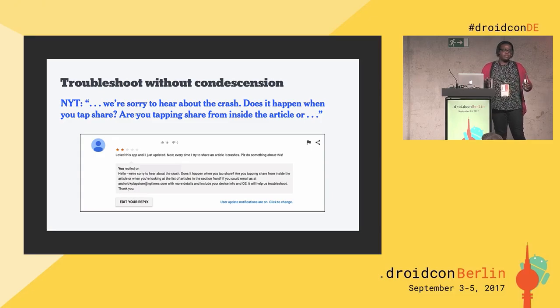If you ask a reader, say, or a user, I should say, in an email, send me a screenshot of what you're seeing, don't explain how to take a screenshot. However, you may get someone saying, I don't know how to take a screenshot. This is what my device is. Help me. And that's an opportunity to then take that next step and help them understand how to do that.